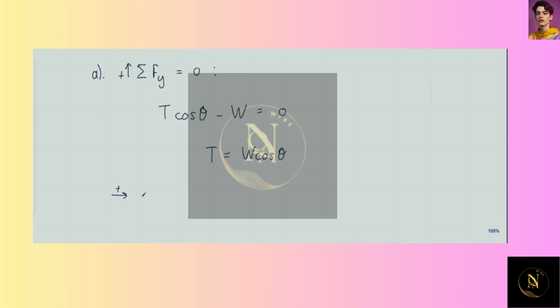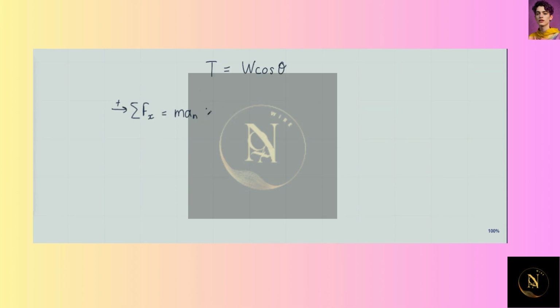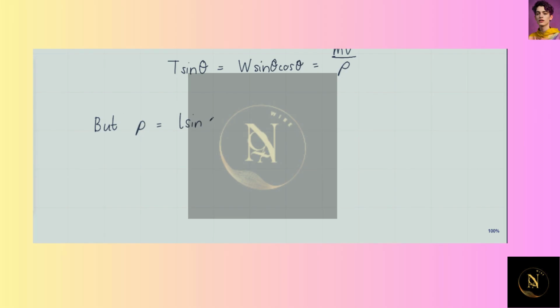We also need to have that the sum of the x components of the forces must equal m, the mass of the ball, times the normal component of the acceleration of the ball. So from here we see that T sine theta, which is W sine theta over cos theta, is equal to m v squared over rho, the radius of curvature of the motion of the ball. But rho is equal to L sine theta. So this implies that the velocity of the ball at the end of the swing, v squared, is equal to rho times W over m